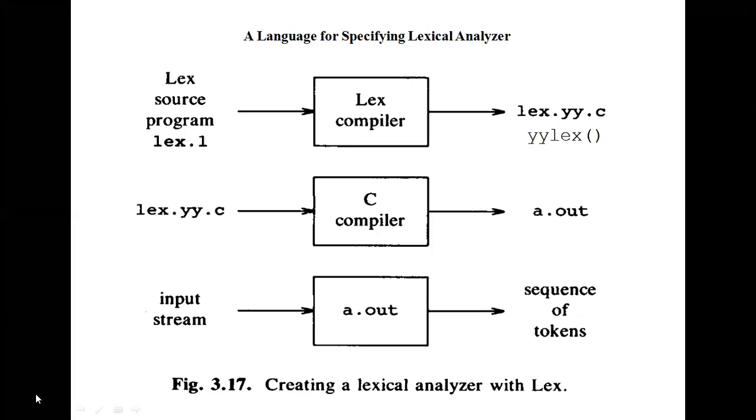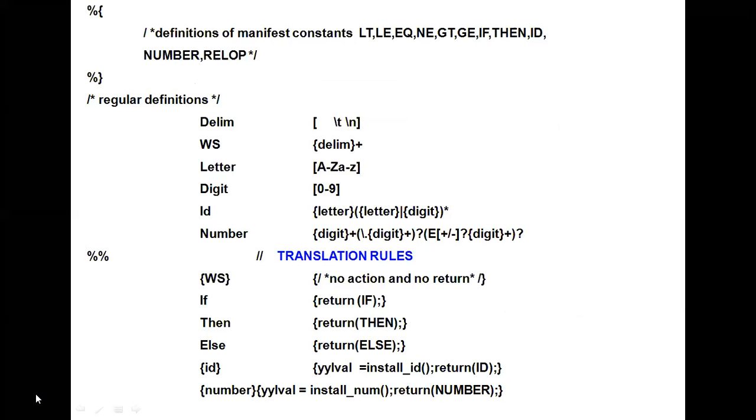Further, we have a small concept, the specification of lex. In how many parts are we going to specify lex? After clearly understanding how to create a lexical analyzer with lex, now we are going to learn about the specification of lex. There we are defining a lexical analyzer language by using the lex specification. Now the question arises: how do we write the specification file?